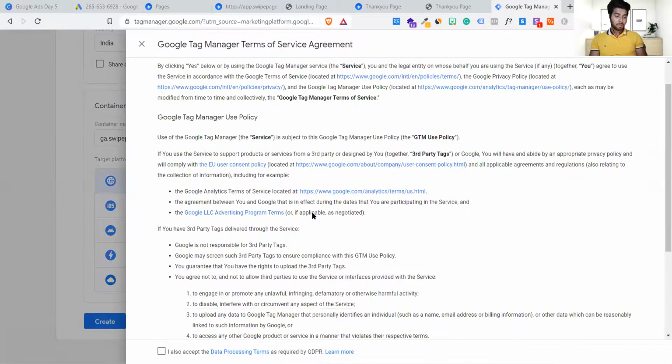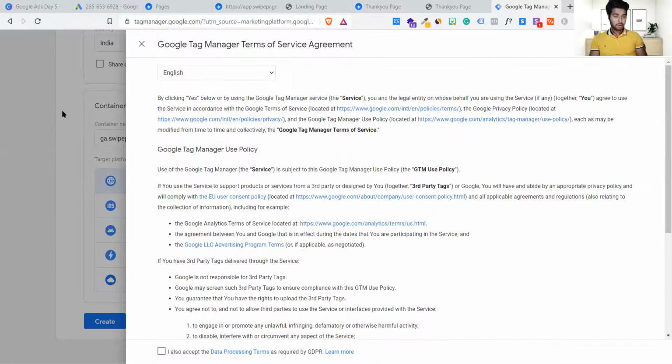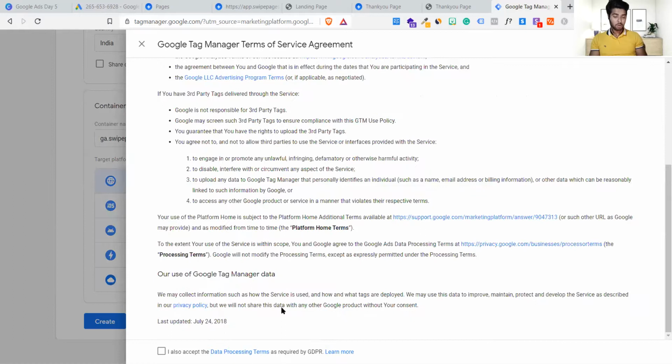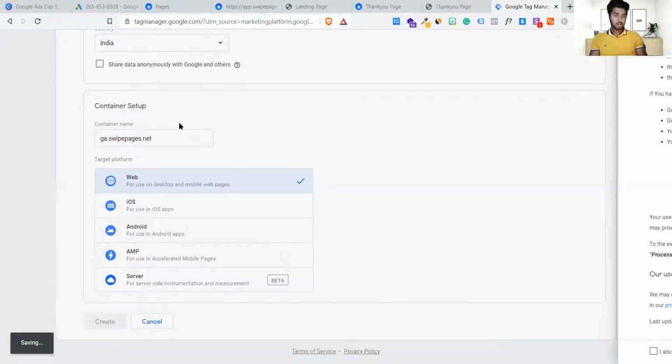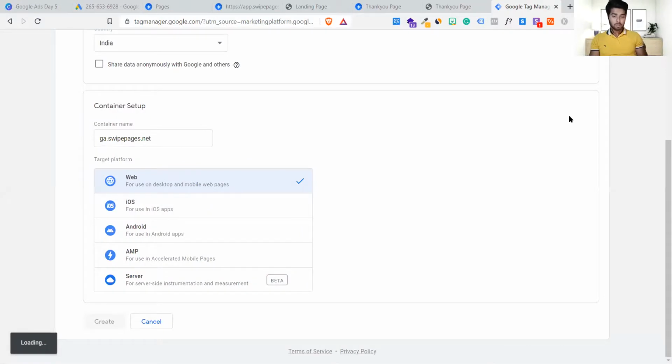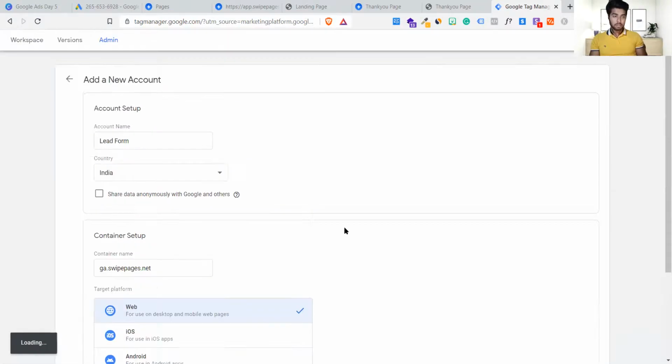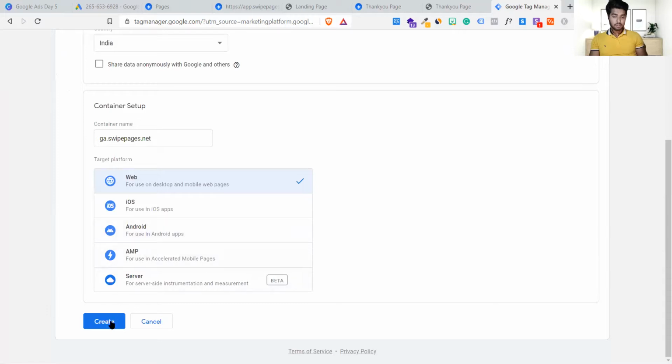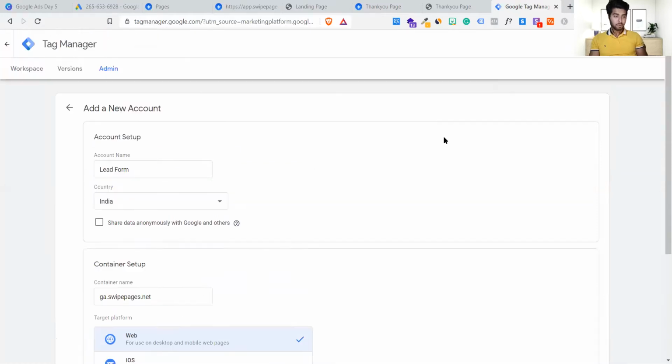Create. There is a whole service agreement, whatever you're going to do, you have to check it. Click on yes or no on your top right. Click on yes. The moment you click on yes, you just have a look now. It will take some time.